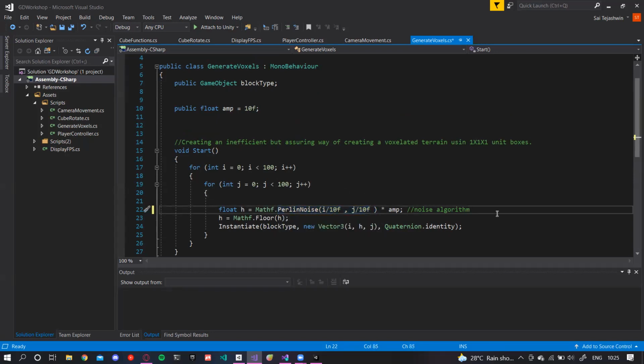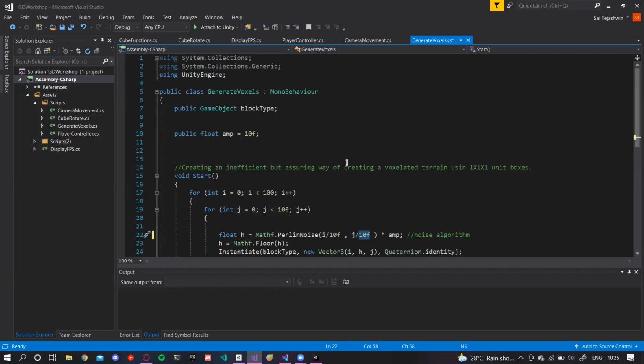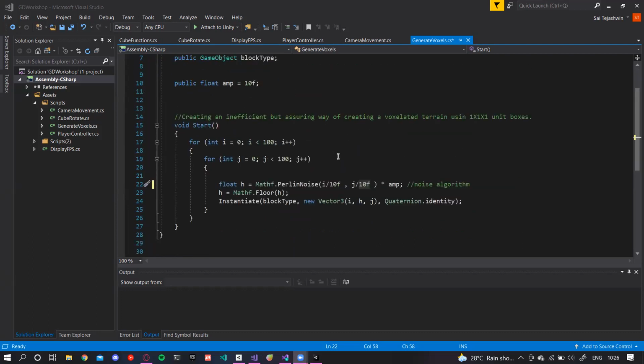For now, I'm using Perlin noise as my height. Basically it fluctuates between 0 and 1, and these parameters that I added over here are just to add a little uniformity. Is there a chat? Yeah, Perlin noise generated terrain, yes. Perlin noise is a noise algorithm, and if you want, you can Google height maps. I think I just told you, if you want, you can Google height maps.